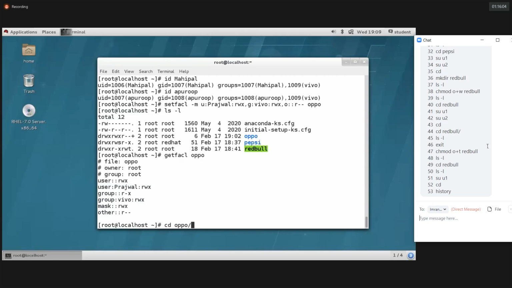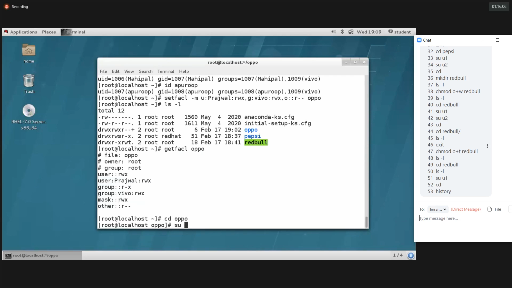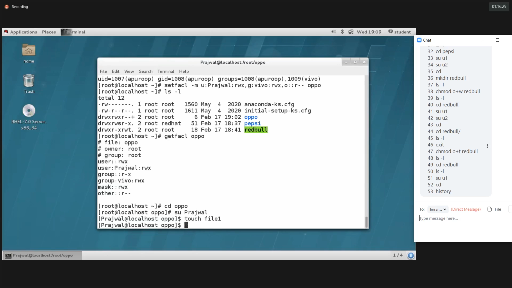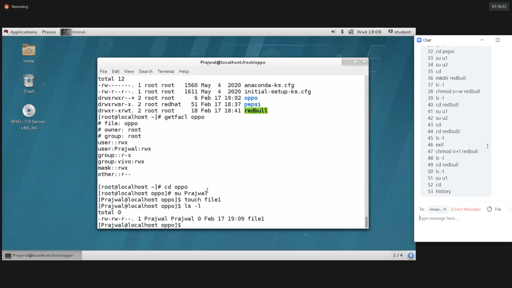So cd Oppo, then log in as Prajwal. Okay, so try to create files with the help of the Prajwal user account inside Oppo. We can, guys. So touch, I'm creating a file called file1. Yes, file1 got created by Prajwal now.